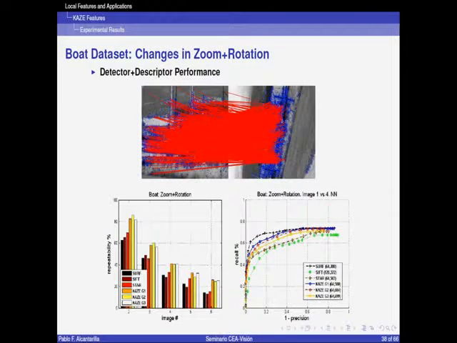Now let's show some results for the Both dataset, where the changes are due to zoom plus rotation. This dataset is a bit more complicated, so we can see that the repeatability score of the detector decreases significantly as we move to the last image in the sequence. And for the joint detector and descriptor performance, we can observe here that in this experiment,